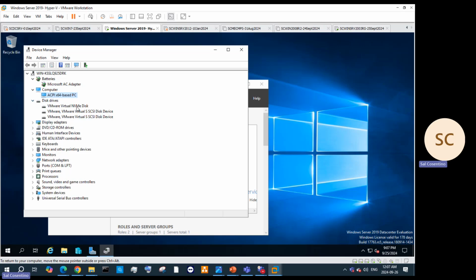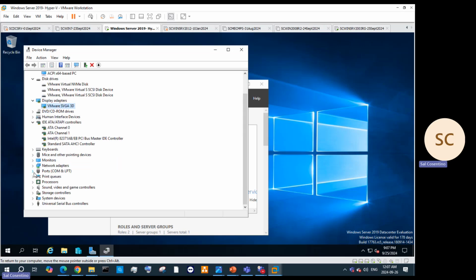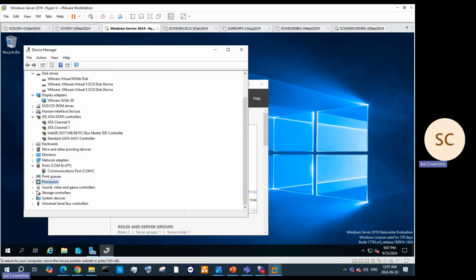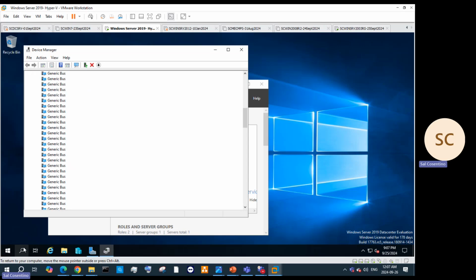This uses NVMe non-volatile memory disks and SCSI disks that are attached. This uses an SVGA 3D card, and then you have your IDE controllers, your LPT and COM ports, communication ports, your processors, your sound, your storage controllers, and your system devices. And we can also add